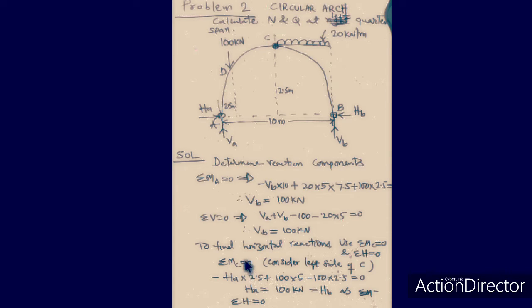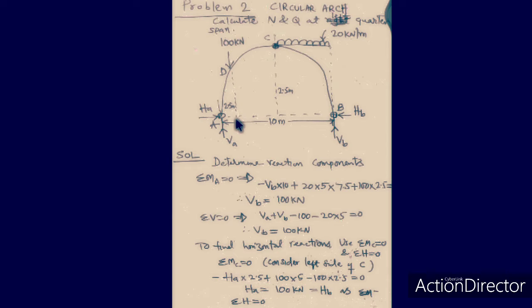Here what I have done is I have taken the left side forces, the forces which are on the left side of C. You can see here HA, which is the unknown force, into the perpendicular distance up to C. So HA into 2.5, which is anti-clockwise, negative, plus 100 into 5,